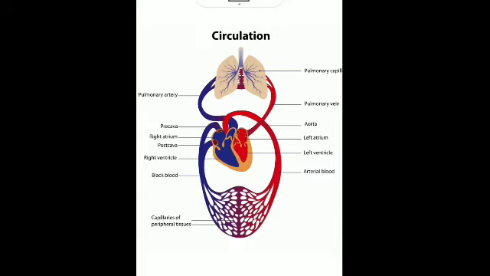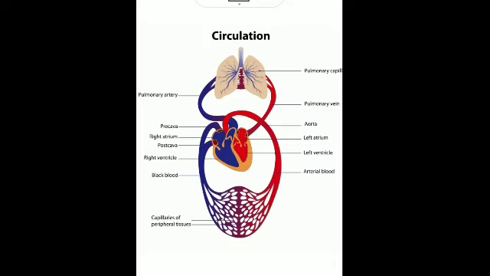Then the right atrium contracts, and the deoxygenated blood is pumped into the right ventricle. When the blood is received by the right atrium, it contracts, decreases in size, and squeezes its blood further into the next chamber, the right ventricle. Simultaneously, the left atrium also contracts, and the oxygenated blood is pumped into the left ventricle. Red is oxygenated, and blue is deoxygenated, that is, rich in carbon dioxide.